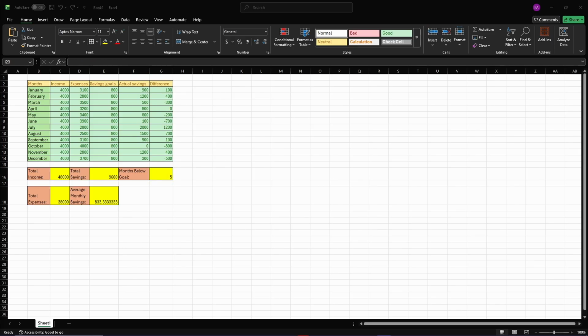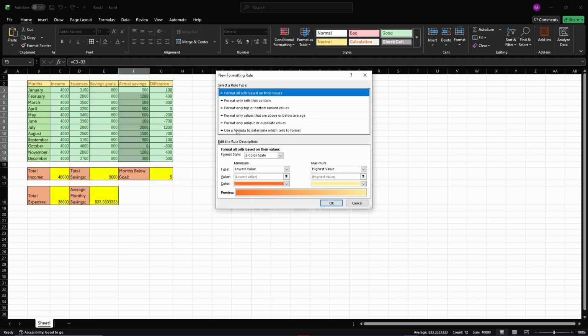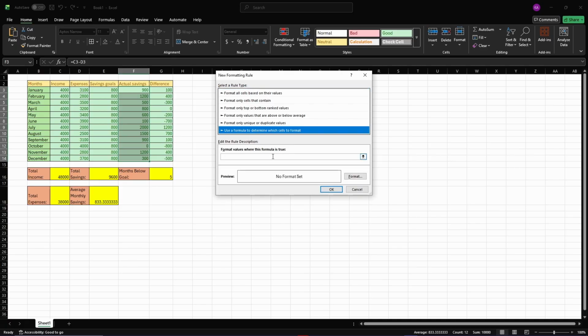And finally, let's highlight any month where actual savings is less than the goal. The highlight shortfalls thing. So first, we have to click on the actual savings here and drag down, then go to conditional formatting, new rule, use a formula to determine which cells to format, and input the formula equal